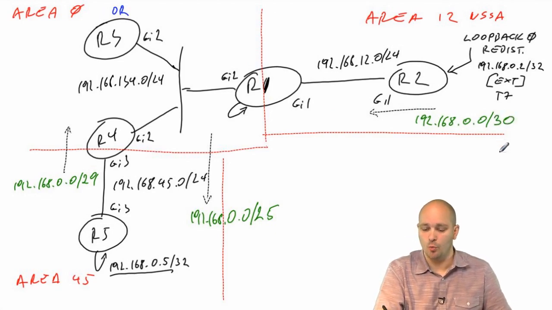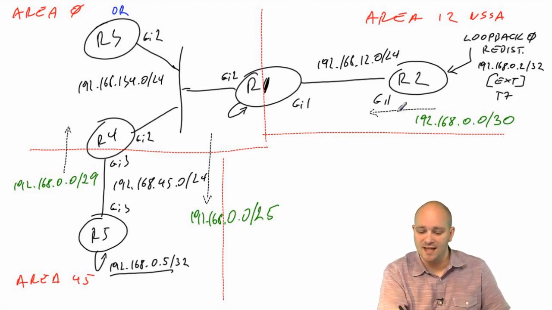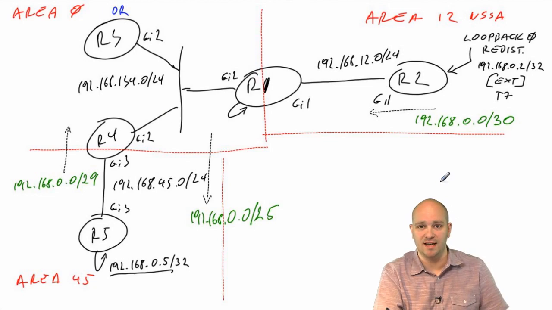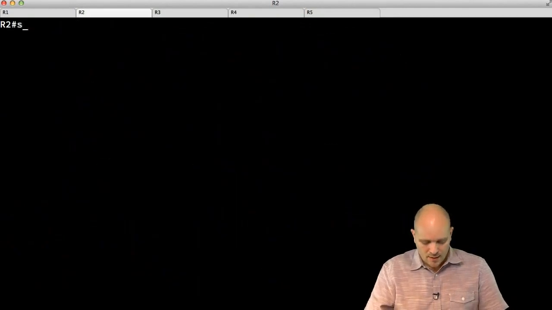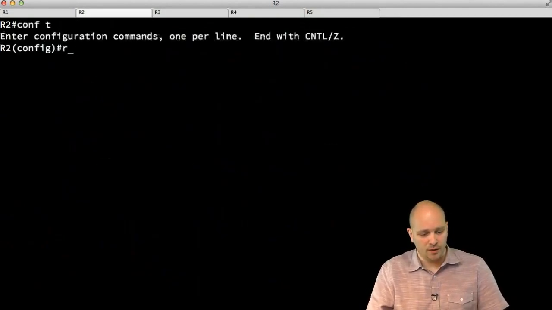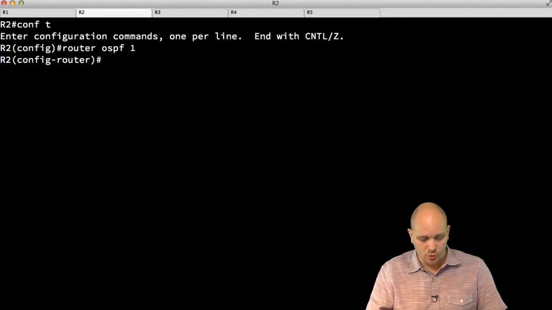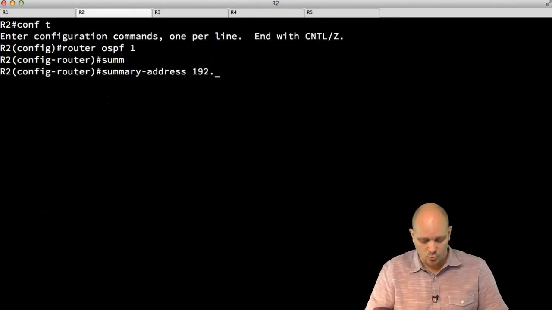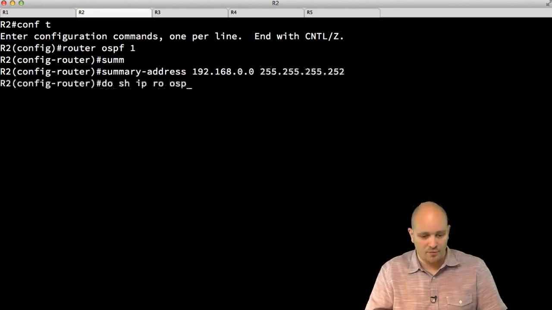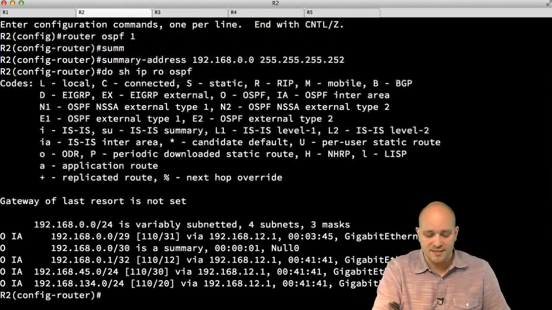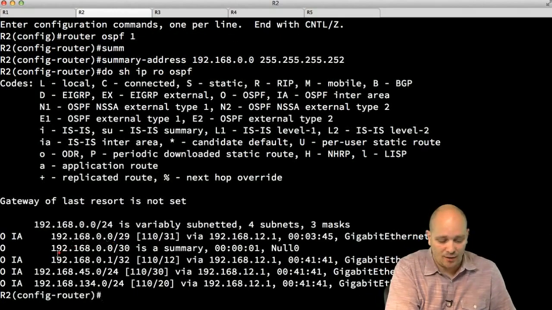This should cover 0, 1, 2, and 3 networks here. So I'm going to summarize this as /30 as it is being advertised into the NSSA area here. So going to my R2, I'm going to say configure terminal, router OSPF 1, and I'm going to say summary address 192.168.0.0 255.255.255.252. Now if I do show IP route OSPF, what I'm going to be seeing is this route